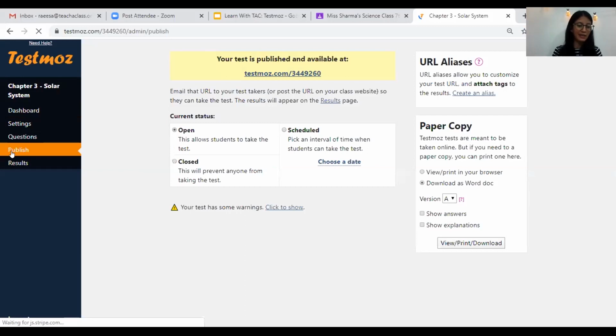Okay, now let's look at what this quiz looks like to our students and how they can answer it. If the students access this quiz on their laptop, they will simply have to copy this link, paste it in their browser and go. But if you have shared this link with them on WhatsApp, all they need to do is tap the link and it will open the quiz on their mobile phones.